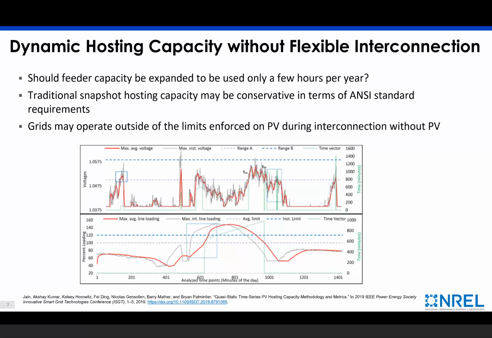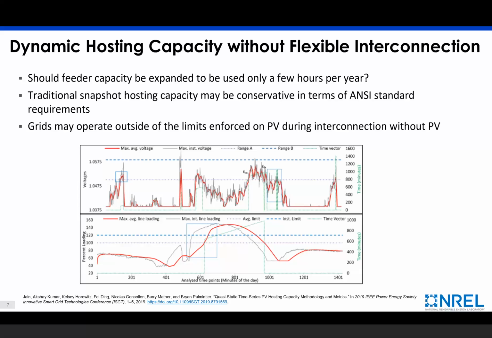in order both to understand, is there a way that we could implement a flexible interconnection strategy that reduces the output of the devices during a few periods of the year and then enables a large increase in the hosting capacity without severely impacting the economics of those PV systems, as well as just trying to understand and recognize some of the uncertainty around traditional hosting capacity analyses and the inability to really nail down how much you can host using these traditional methods, and given the fact that a lot of times in distribution systems you have a lack of data about, for example, secondary networks or the value of each individual load.